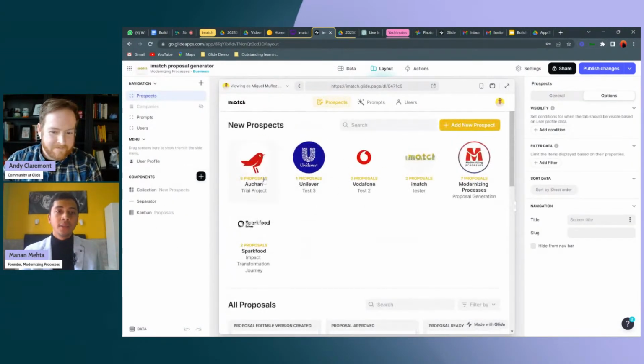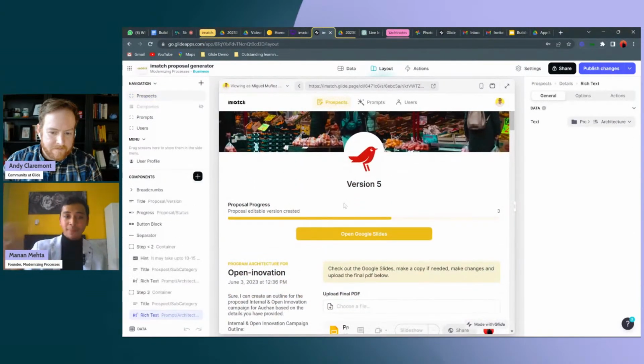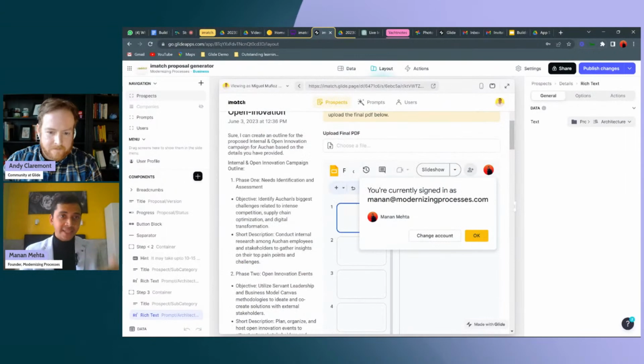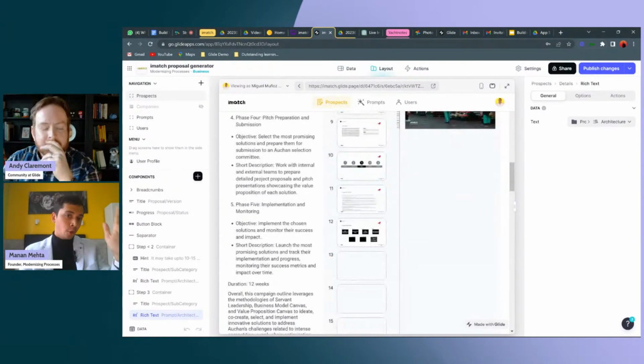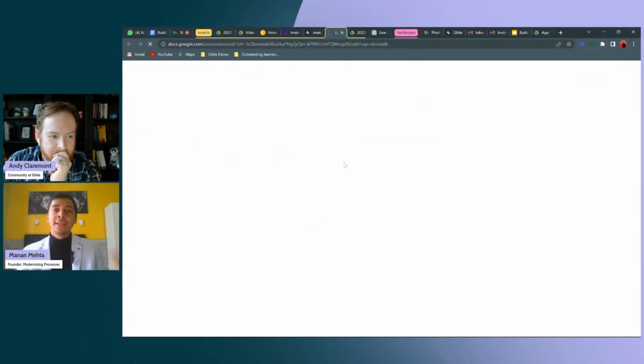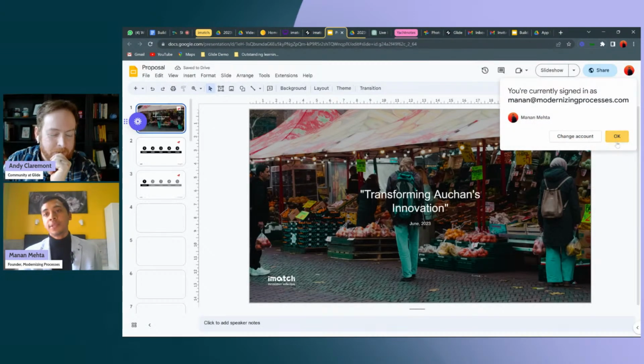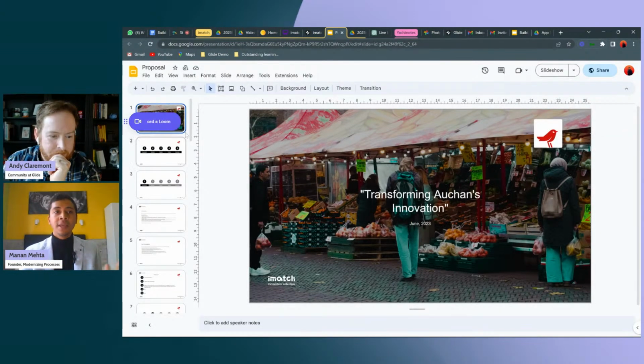So I'll just open the previous version. All the information is gathered back, the phases are made, it's all put on the left side, and then it puts together a Google Slides document. This is a custom code. This is something that our engineers in the backend have done using Google Apps Script. So they have captured all this information and put it on the pitch deck.